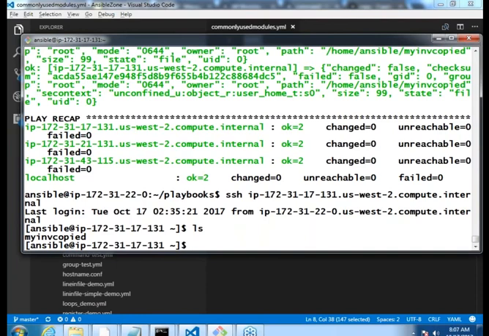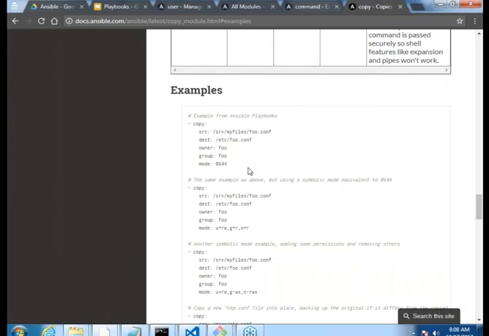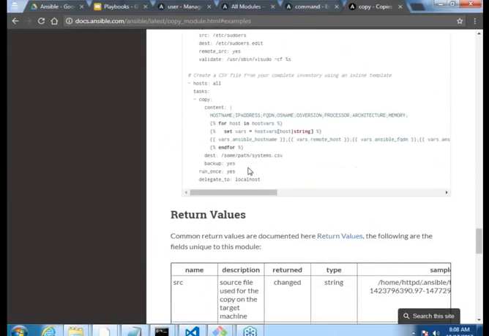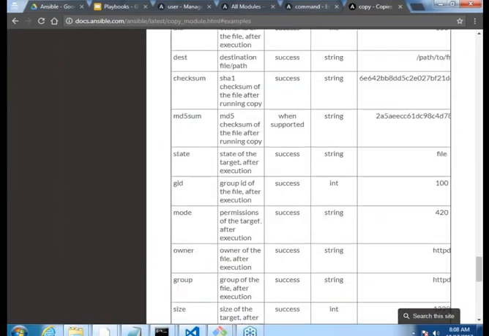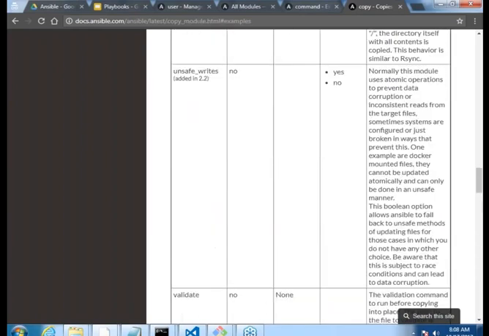Okay. So now whenever we are trying to work on file copies, your decision should be, am I copying it from a local system or am I downloading it from internet? Copying it from local system, blindly go to this. And let us just go through the documentation of it once again. Okay. So I don't see anything about internet, but if I have to copy the modules, I can blindly go with it.